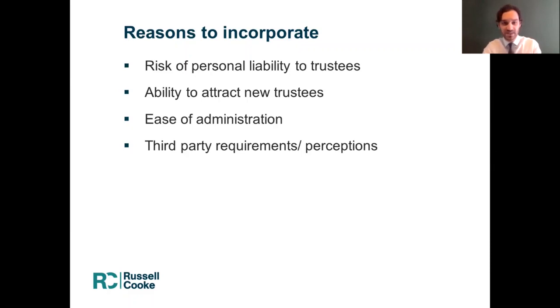The third reason I put on that slide is in relation to administration and the ease of charity administration. So again, because an unincorporated charity holds its property and its assets in the names of individual trustees, those trustees clearly change over time as the years go on, and it's necessary for charity records to keep up with that. As I'm sure many of you will know, in practice, charity records often don't keep up with those changes, and that can cause difficulties in future.